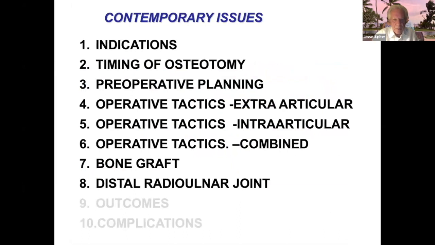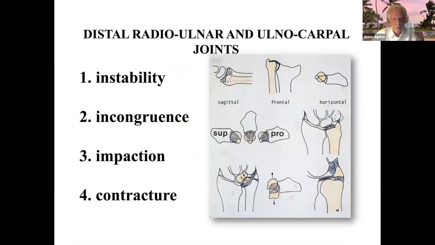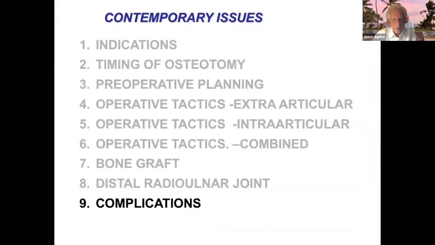And lastly, distal radial ulnar joint, I don't have to spend much time because it's a whole other topic you're going to have a webinar on. But realize that many of these are related to the malposition of the radius. Correcting the malposition of the radius, again, particularly rotation, may help a lot of the deformities. And complications,